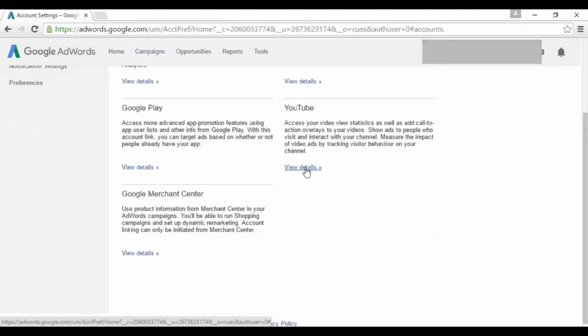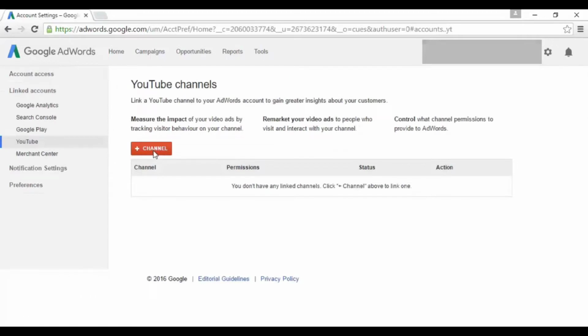It'll take you to this page. You can see there's a whole lot of different stuff on here, but the one that we're interested in is YouTube. So click here where it says View Details. And then you can click on this button here to add a YouTube channel and then simply follow the on-screen instructions.